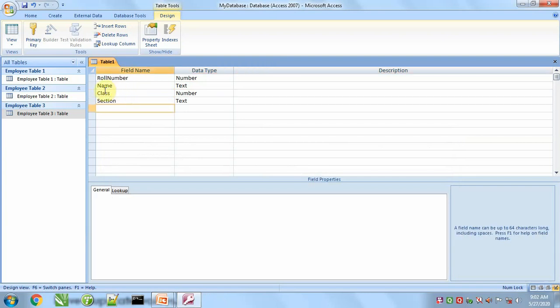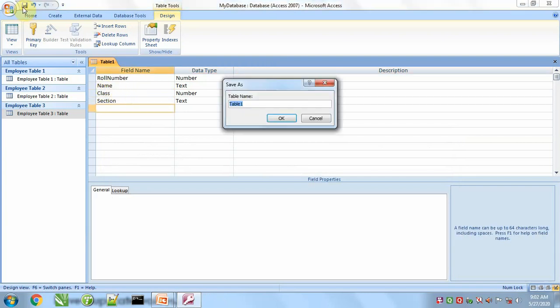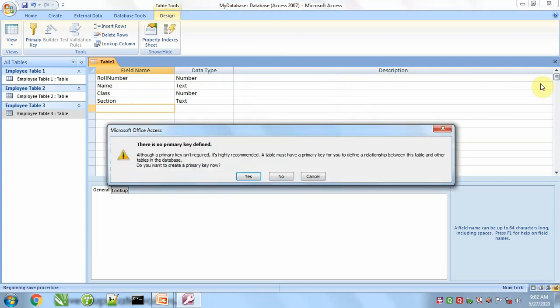Okay, enough. Now save this table as the student table. There is no primary key defined, so I am not defining a primary key right now.